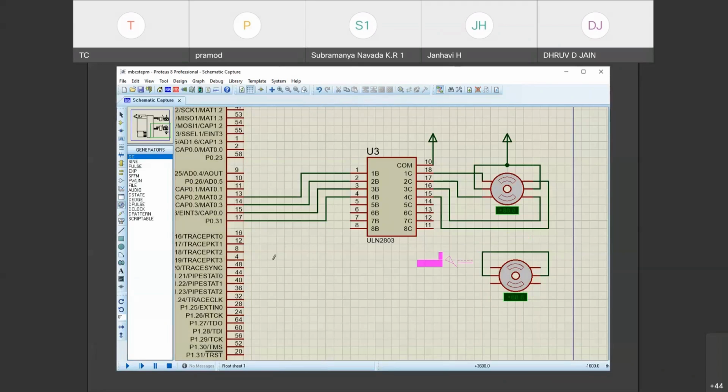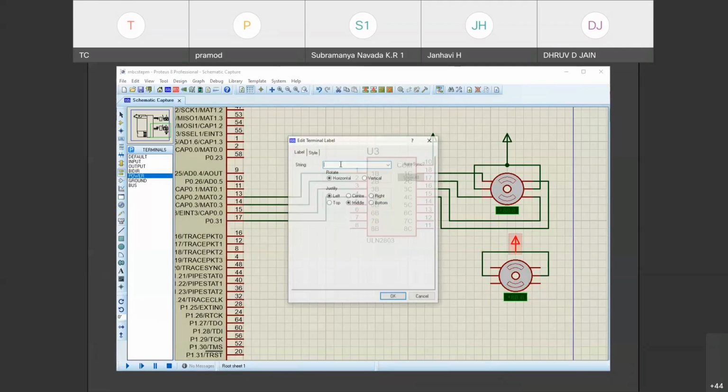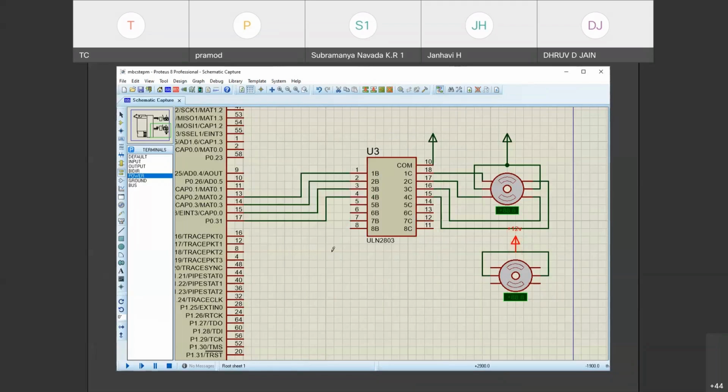The other way is directly the power. Click the power. Mode you go, take the power. It's very easy, and bring that, click here. That's it. And click here, connected. Double click on this. You can give the value. How to give directly? Nothing to worry. Just type how much, plus, you type 12 volts V. That's it. 12 volts means it will take only 12 volts. See here, 12 volts will be printed.